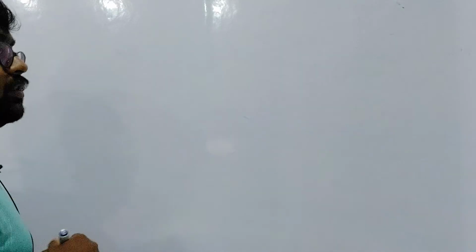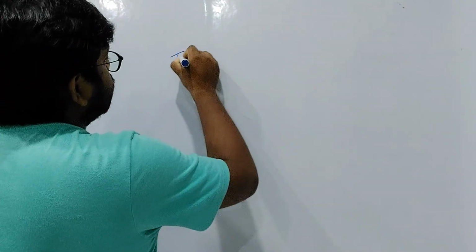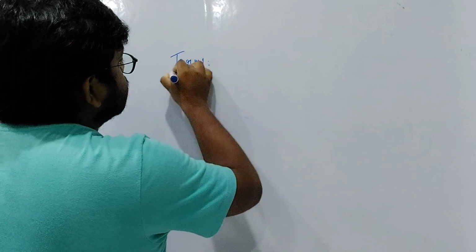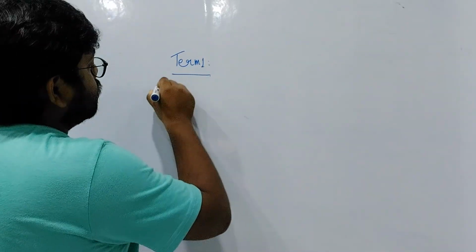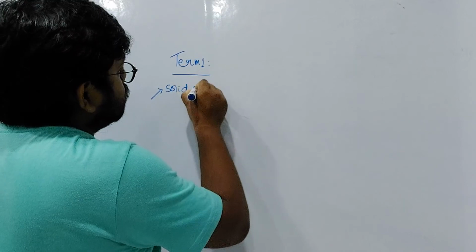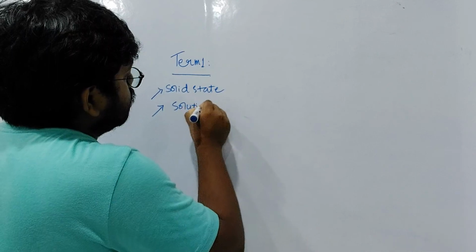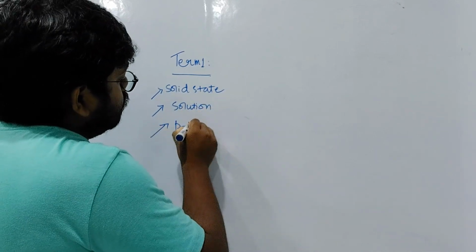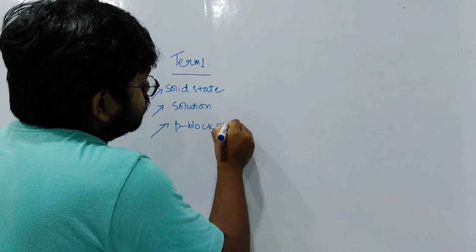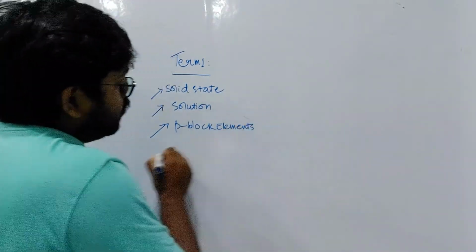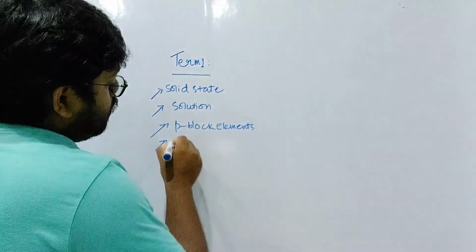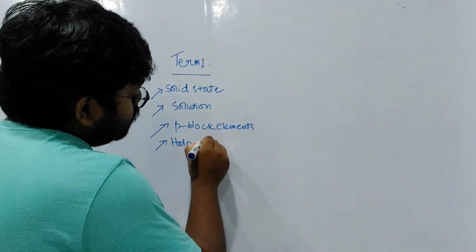Now what you will do, your term 1 syllabus has been completed, right? So what are the chapters which are there in term 1? I guess you already know that. The chapters which are there in term 1 are: number 1, solid state; number 2 is solution; number 3 is P block elements; number 4 is haloalkanes and haloarenes;